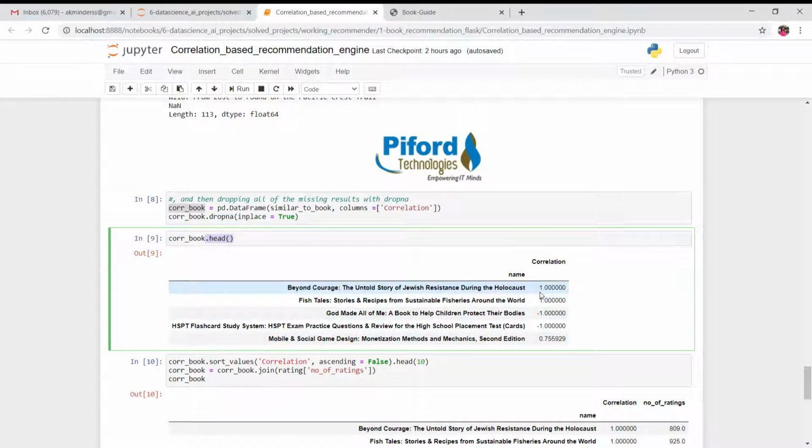See the Pearson correlation, the values lie between +1 and -1. +1 means the highest similarity, this product is very much similar, and -1 means not similar, right? So what we can know from here is this book Beyond Courage and The Fish Tale have the highest similarities with the book which we have written in the title column, right?